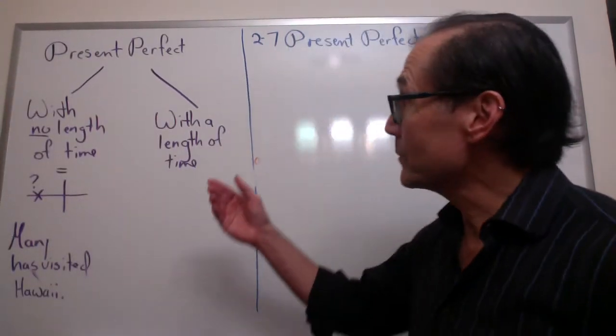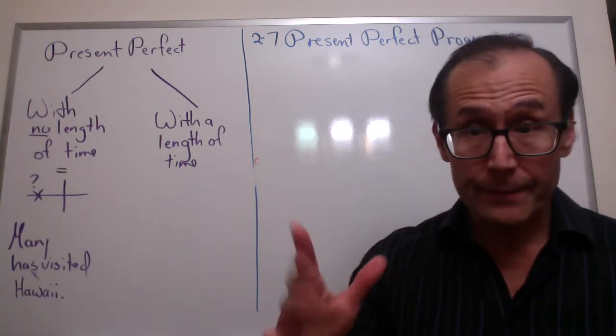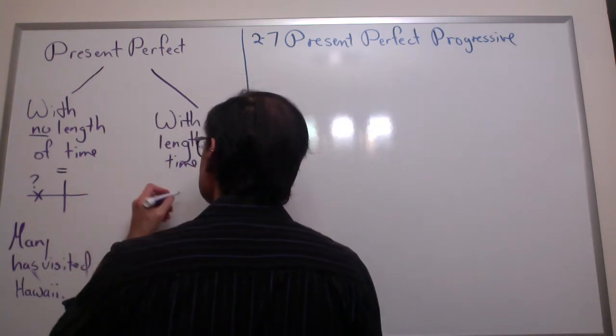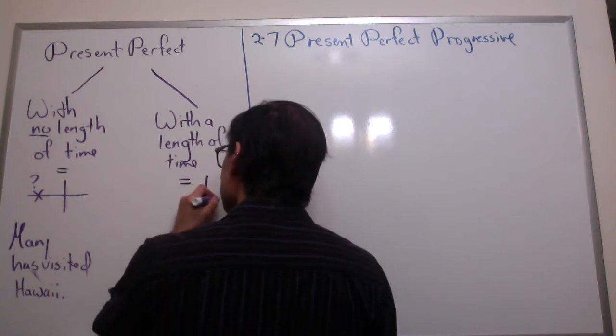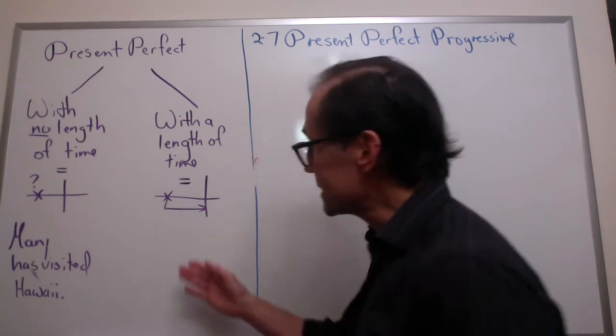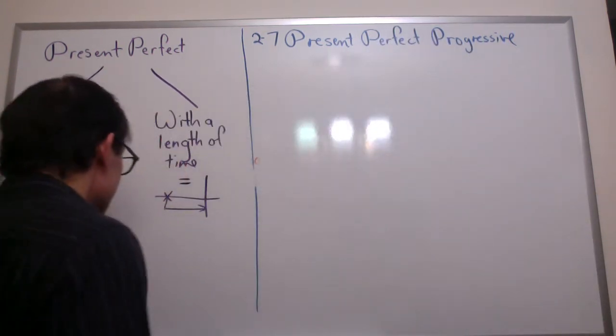But if I use present perfect with a length of time, the meaning changes, okay? If I use present perfect with a length of time, it means that the action started in the past and it continues until now. It's still true. So let me give you an example. I could say,